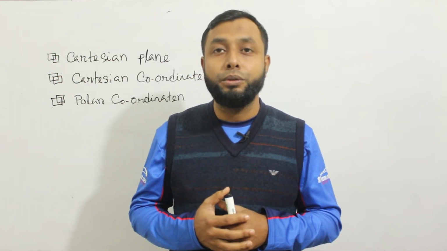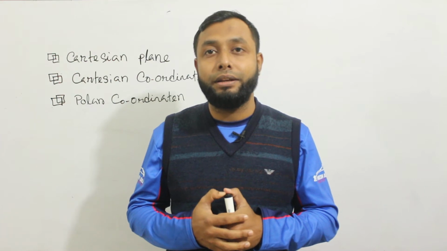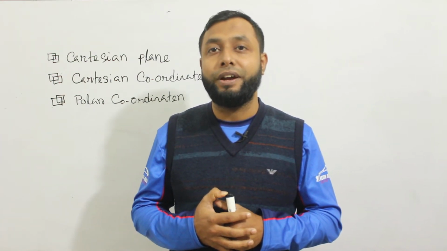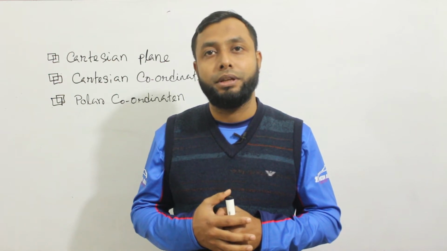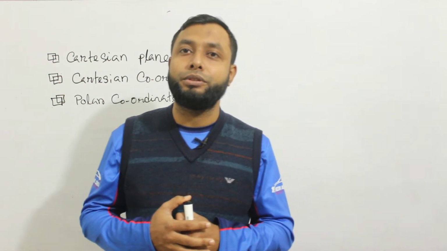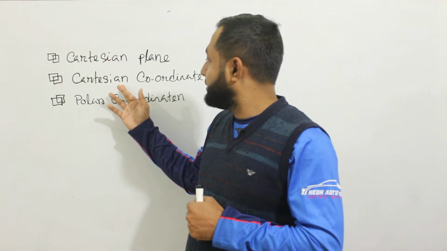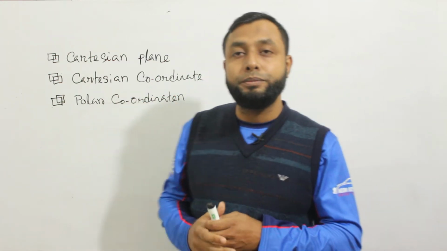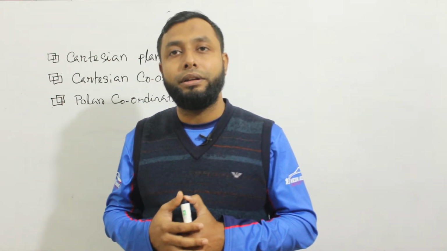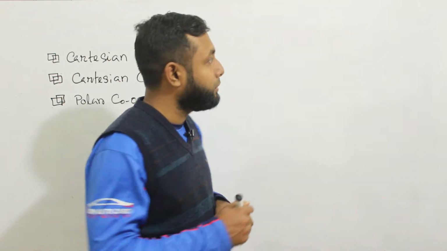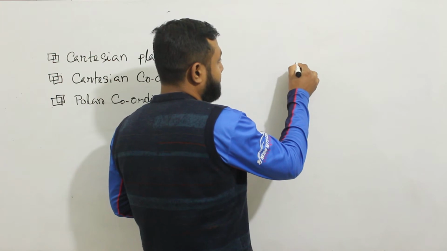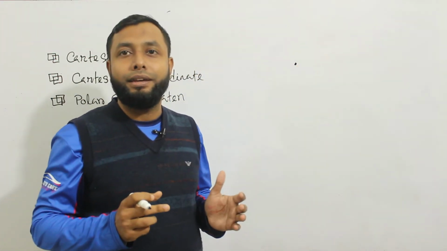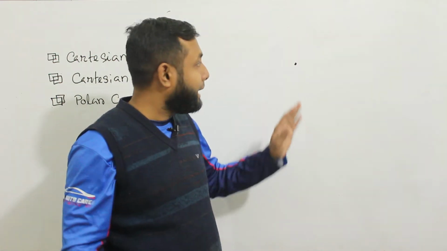So, to calculate or measure a straight line, it's important to find the position of a point. And the measurement procedures are the Cartesian coordinate and the polar coordinate. In the case of the Cartesian coordinate, we have to find a point. Let's think a point is placed on a plane,